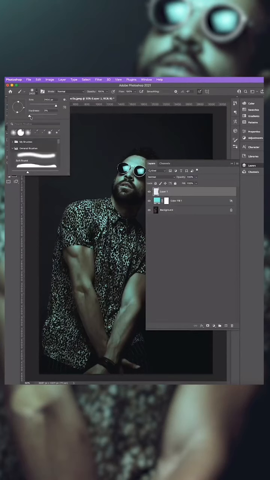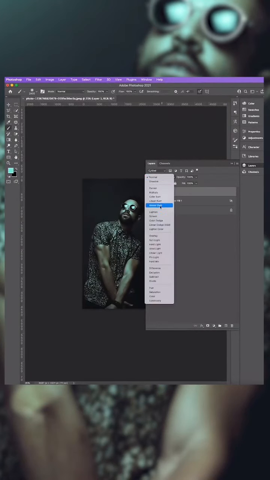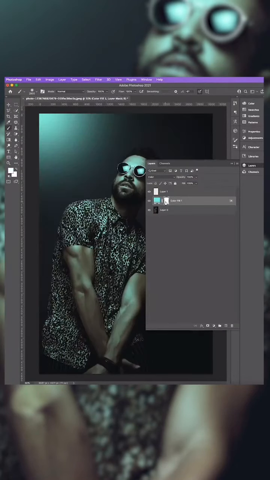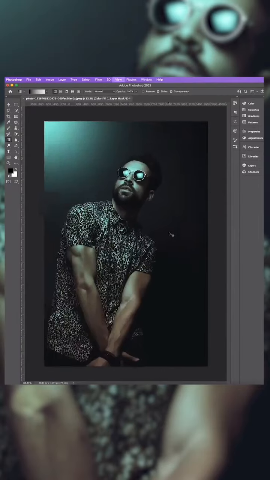With a new layer created and a soft brush selected, here we're going to apply a light source to the image. Change the layer blend mode to screen and use a square bracket key to increase the size of your brush. Click inside the layer mask of your color overlay and grab the gradient tool. With the black to transparent gradient selected, we're going to feather out where the light touches your subject for a